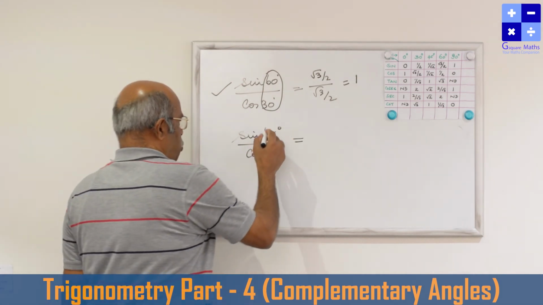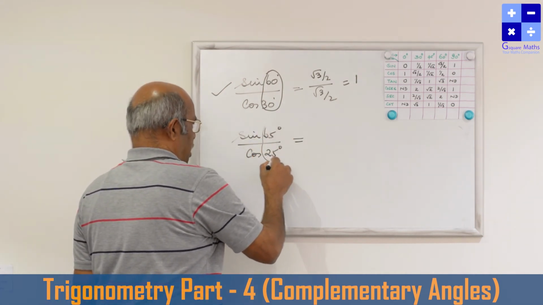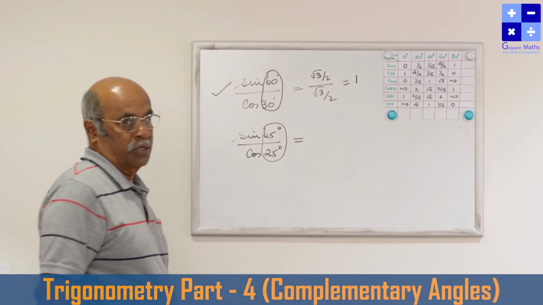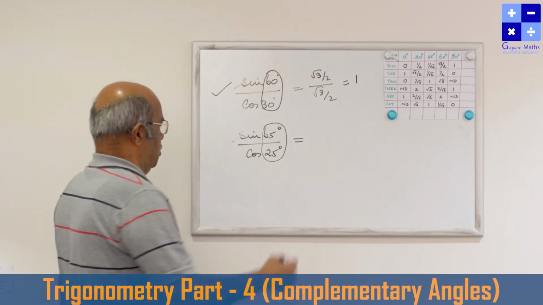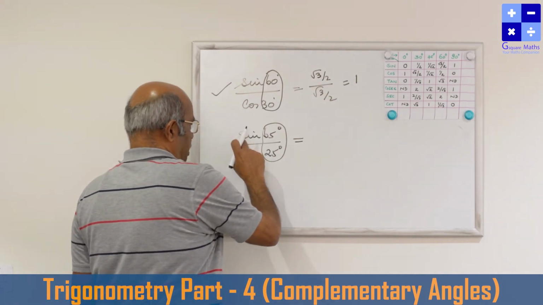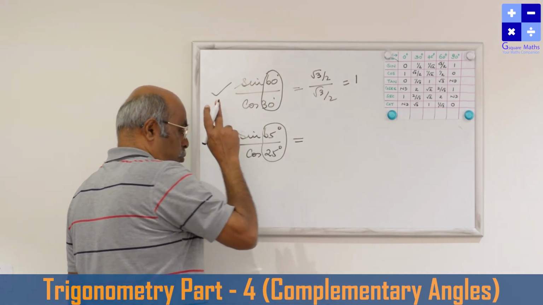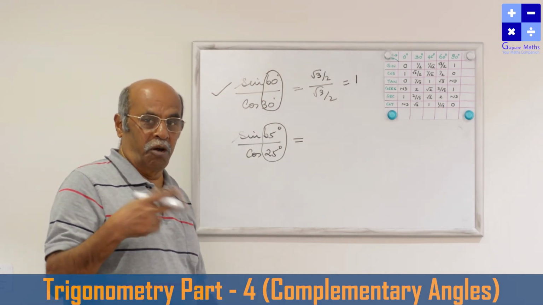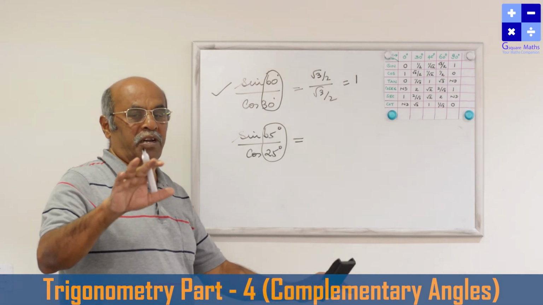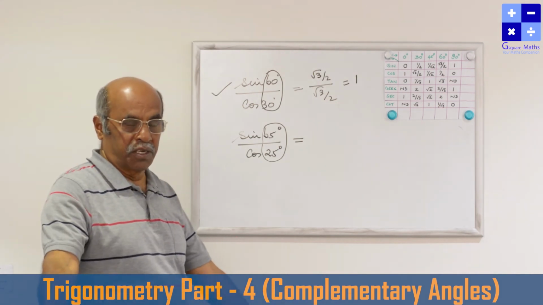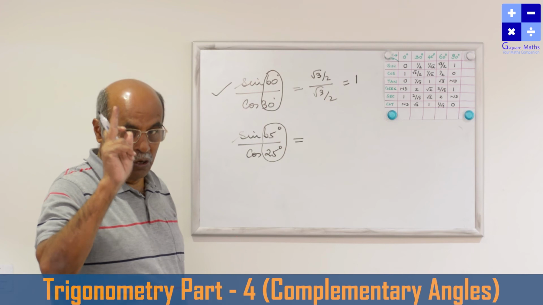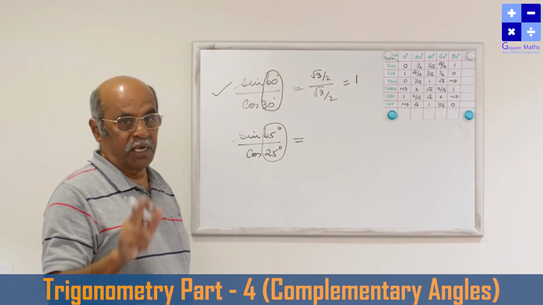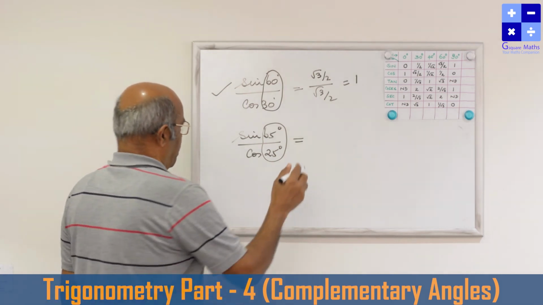Now, these two angles are complementary angles. 65 plus 25 is nothing but 90. So we can convert this. Either you convert that to a complementary angle or this. Don't do both. If you are converting both the angles to complementary angles, then the problem will remain as it is. You cannot solve it. Do any one, either numerator or denominator. Either numerator or denominator, just see the complementary values of this.